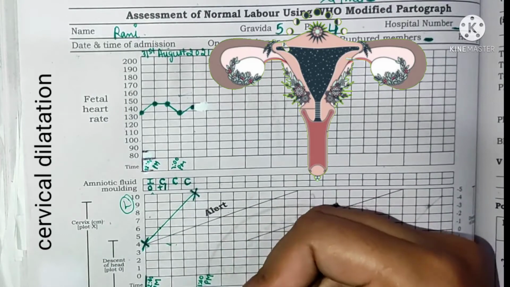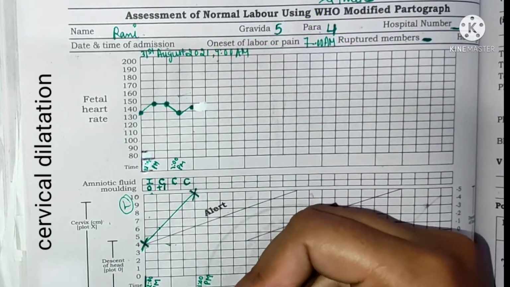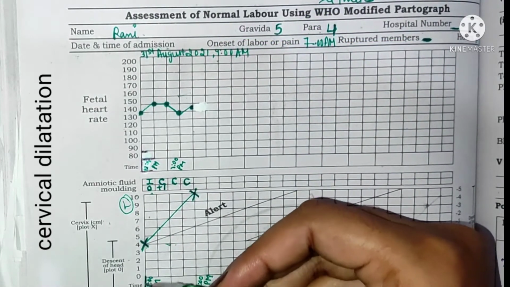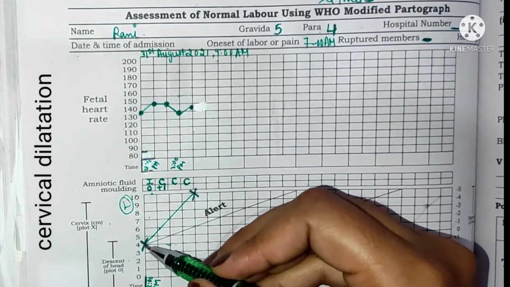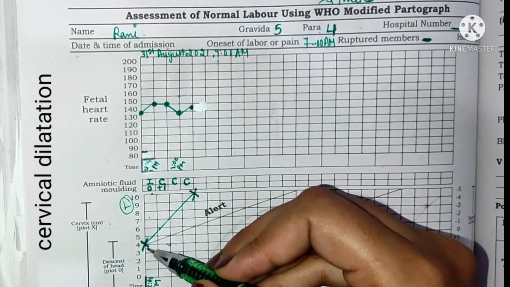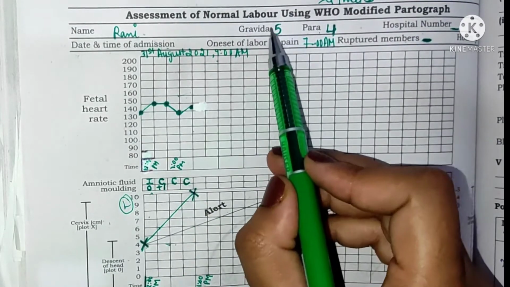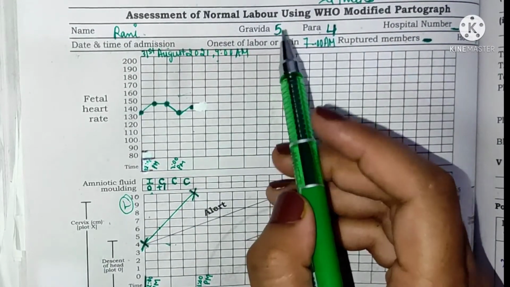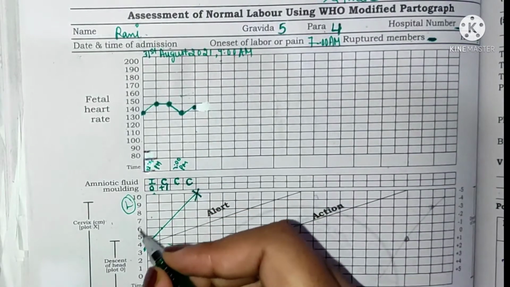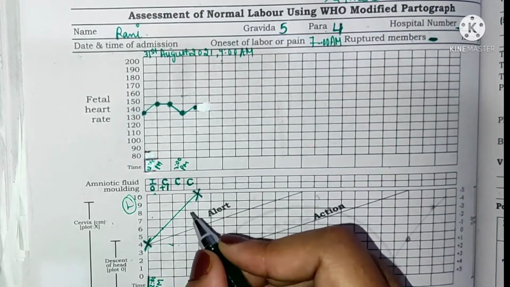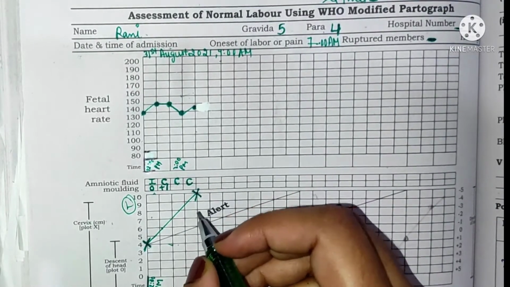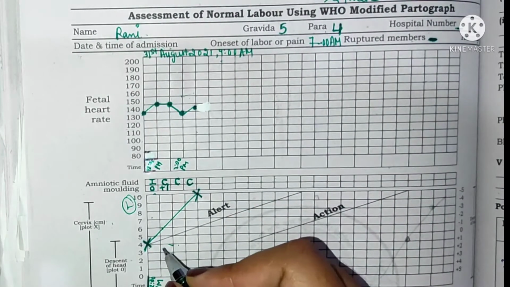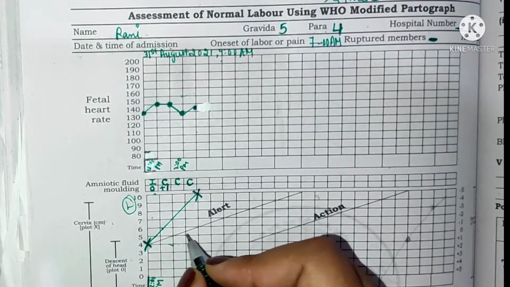Suppose you did the per-vaginal examination at 12 p.m. you're towards the left hand side of this box. Okay, it's 12 p.m. here. Say it's 4 centimeter. So cervical dilatation is 4 centimeter, and in multipara women you are going to document and do the per-vaginal examination more frequently, because the active phase of the labor will be shorter. So we will do the per-vaginal examination after 2 hours.